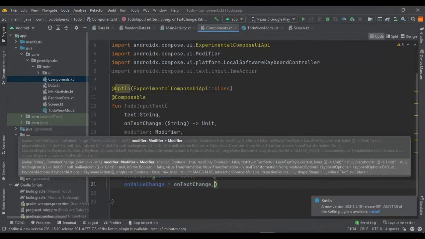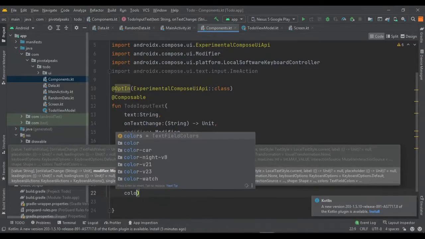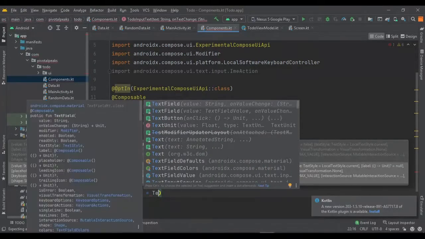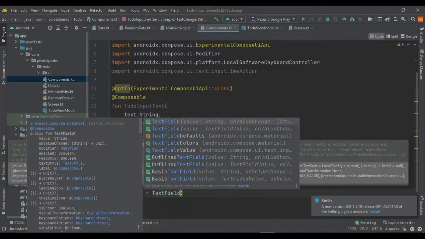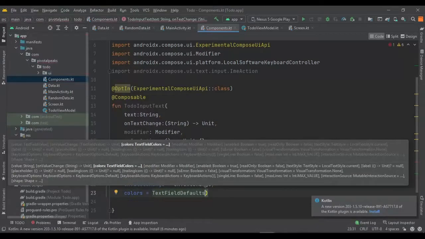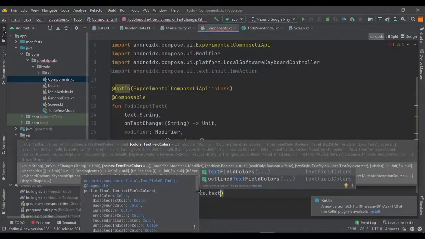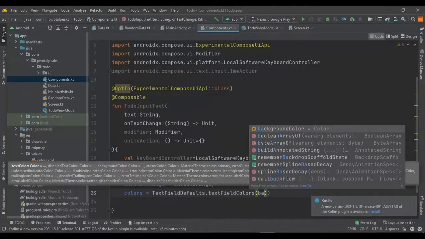Then we need to define some colors. So we are going to define it as colors equal to text field defaults dot, we need to call the text field colors, and then we can assign the background color.